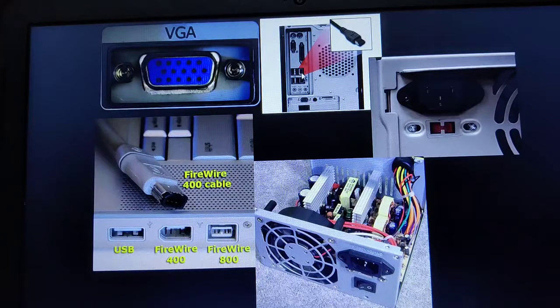This is the FireWire port, and these two are the USB ports, and these are the PS2 ports, and this is the VGA port. So you can see different kinds of ports at the back end. I can say this is the power connector. Okay, so moving on to our next